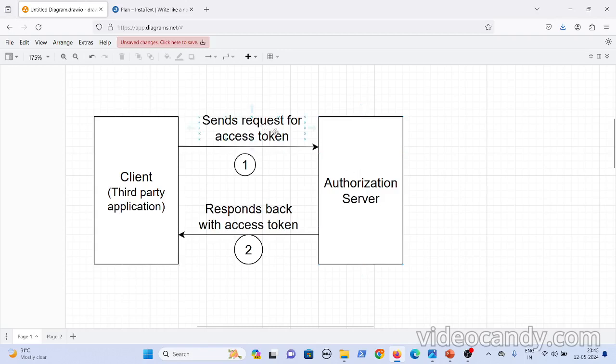It will not ask for an authorization code. So the client makes a call to the authorization server requesting an access token. The authorization server checks all the parameters present in the request, and if everything is valid, it responds back with the access token.